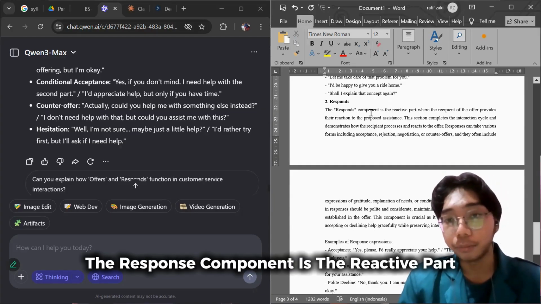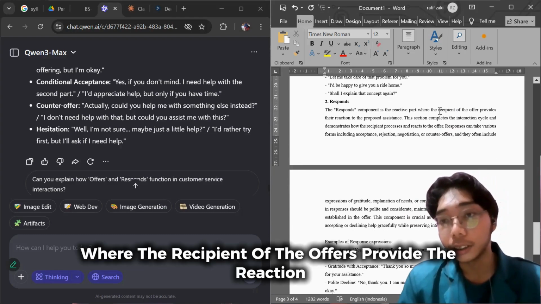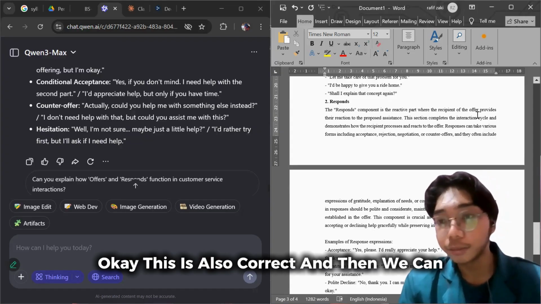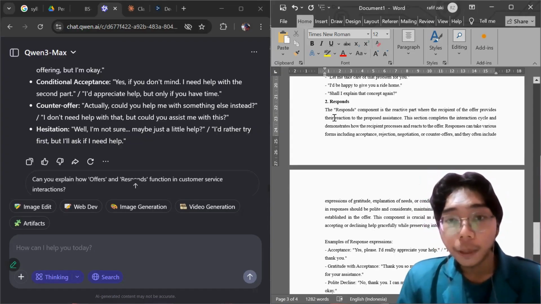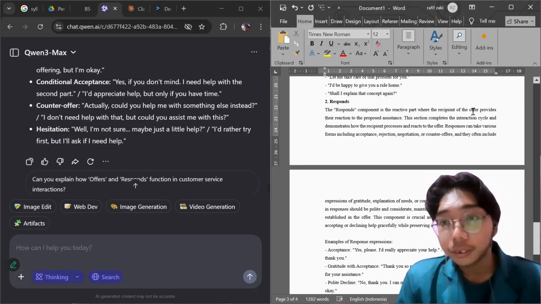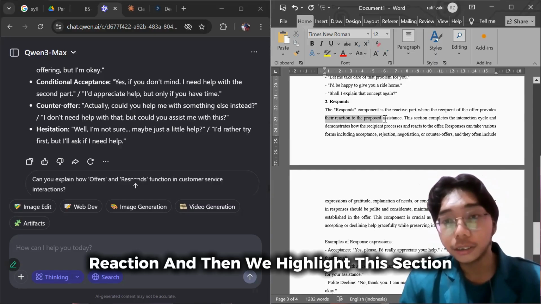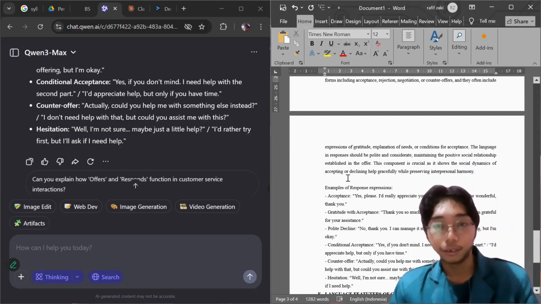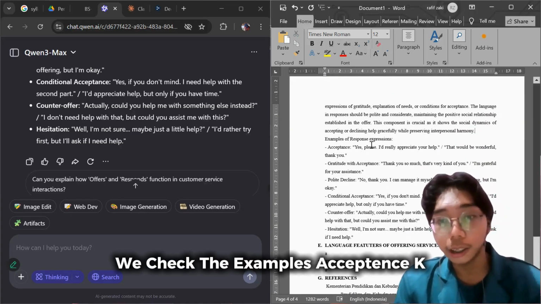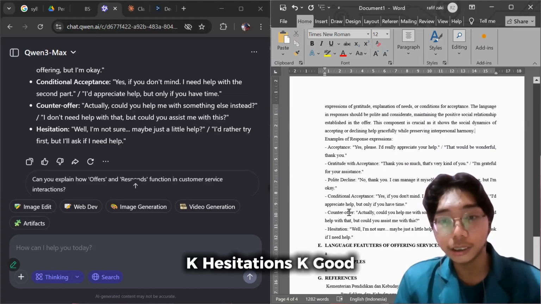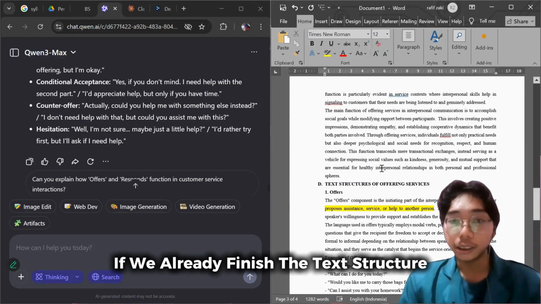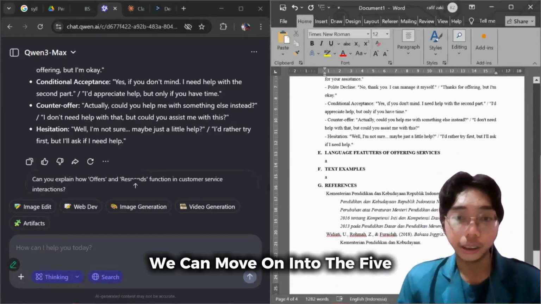The response component is the reactive part, where the recipient of the offer provides the reaction. Okay, this is also correct. Reaction. And then we highlight this section. We check the examples, acceptance, okay, hesitations, okay, good. If we already finished the text structure, we can move on into the fifth part of the teaching materials,